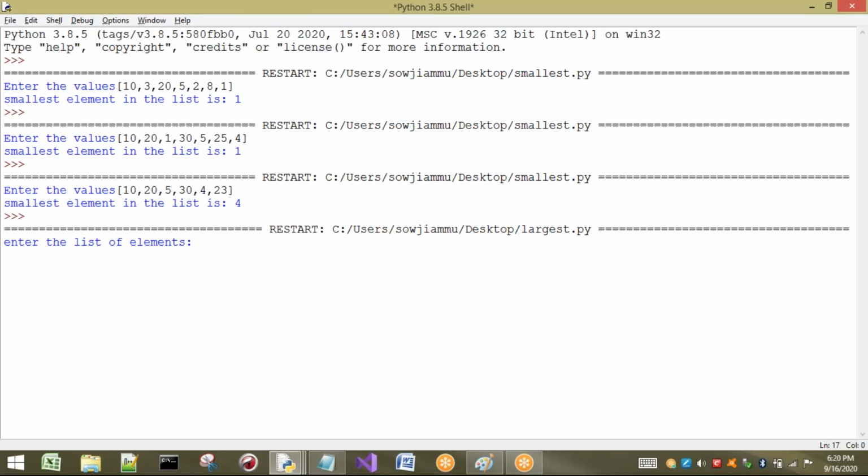See, it is asking for list of elements. So I will take some 10, 5, 4, sorry, 3, 56, 8, 16, 89, 21, 58, for example. And okay, I will take up to here. But what should be the answer? Answer should be 89. So we got it.